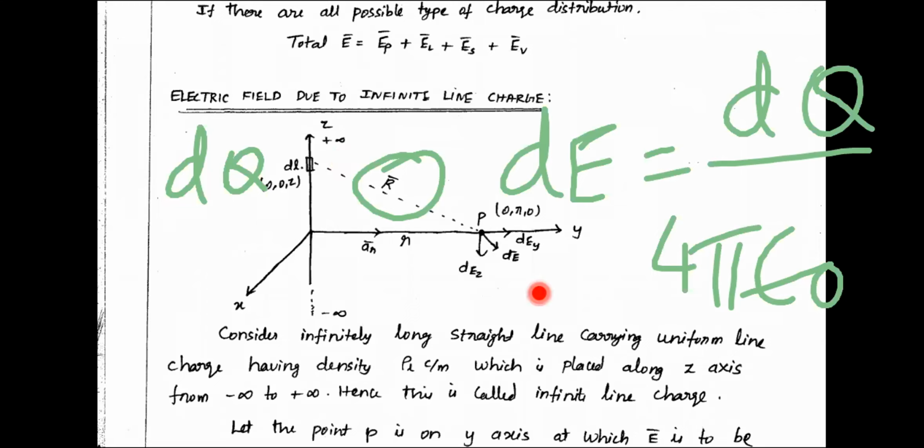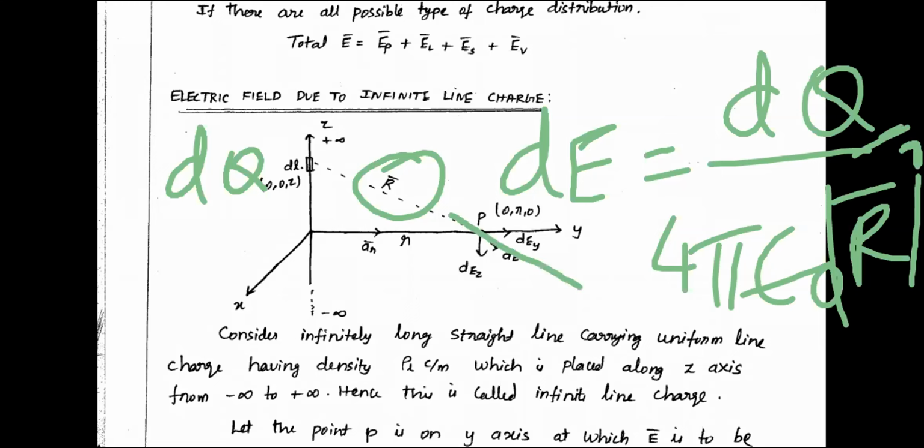Okay, so what will come here? R bar square will come, magnitude square. Then what is the vector direction? Can anybody tell what is the vector direction? To know this vector, you should know what is this point value and what is this point value. Now you are dealing with the point charge, then we will extend into line charge. But initially we are dealing with point charge. Then definitely the force, or electric field, will be in this direction.